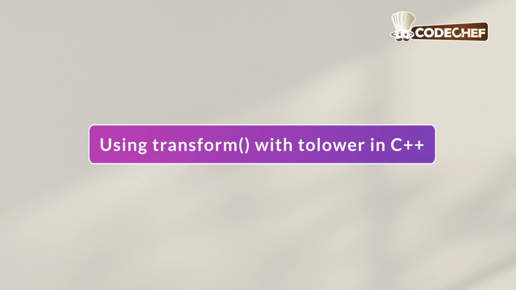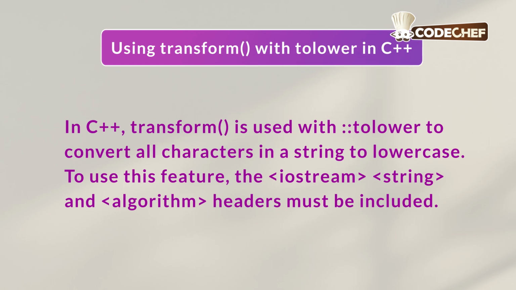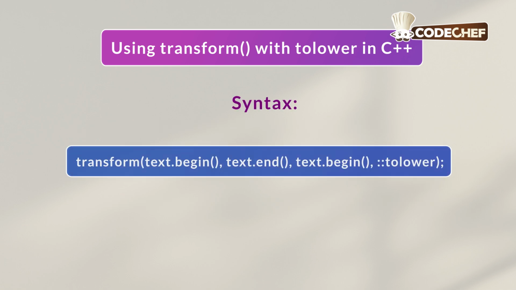Using the transform method with tolower in C++. In C++, the transform method is used with ::tolower to convert all characters in a string to lowercase. To use this feature, the iostream or string and algorithm headers must be included. Its syntax is transform(text.begin(), text.end(), text.begin(), ::tolower);